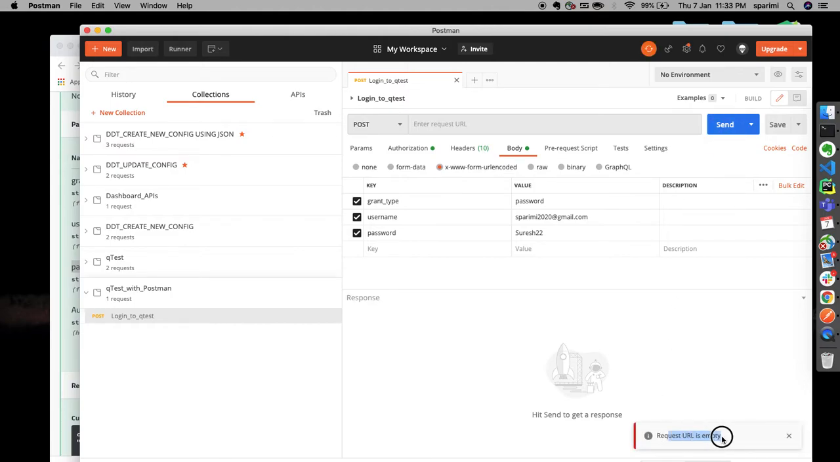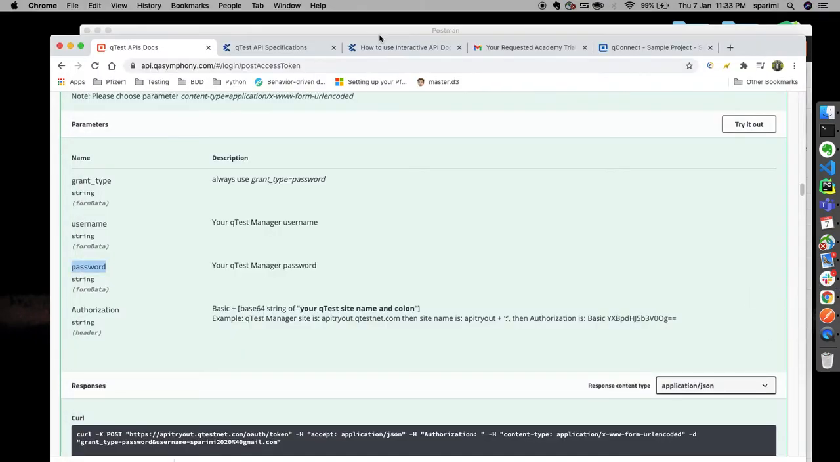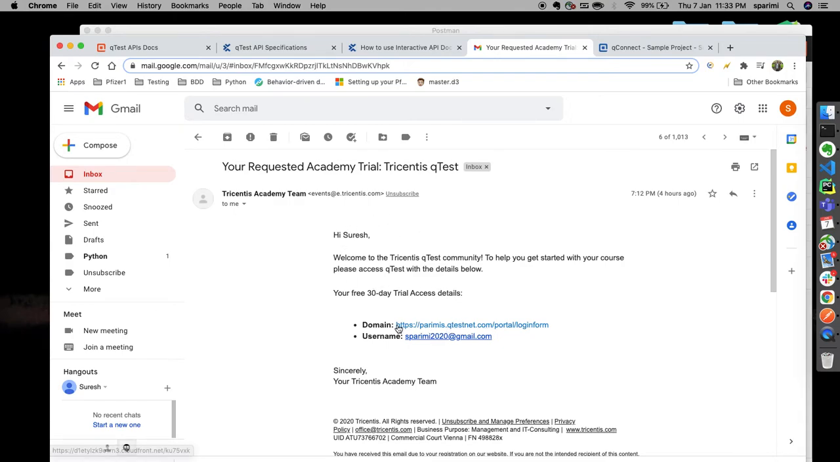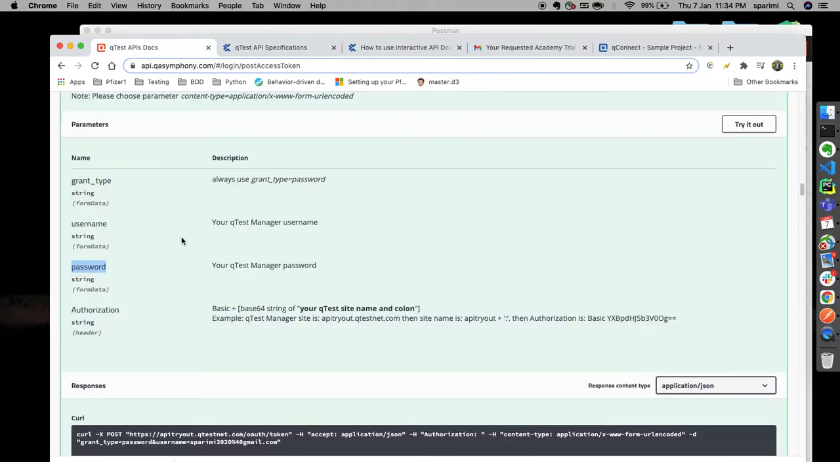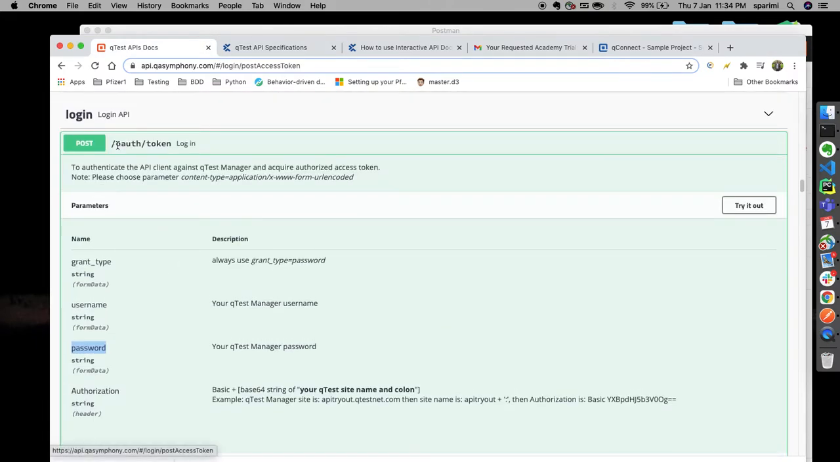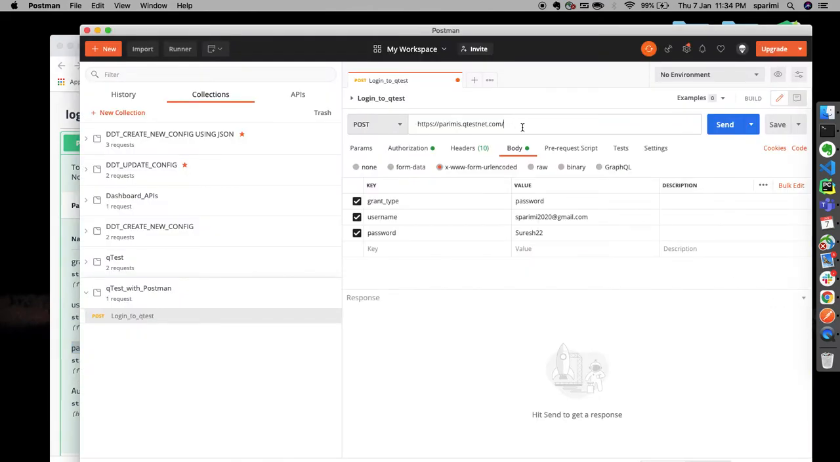Well, request URL is empty. Now, how do we find the request URL? Remember, I showed you the email that I received when we registered successfully. Copy the host name of this domain and go here and paste it here. Now this is the base URL. Now we are going to append the endpoint for login. The endpoint for login is this one, /auth/token, right? So all we need to do is enter these values,